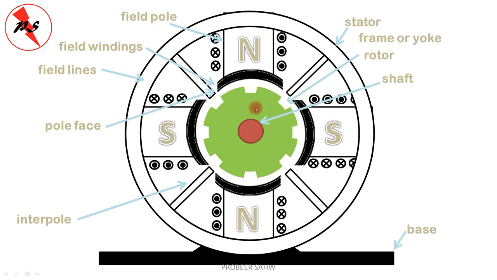Now we have to place the armature winding on the rotor. Therefore what we do is create slots on the outer periphery of the rotor. Okay, so this was the rotor. This rotor is supported by the shaft, which is a long single solid forging, cylindrical in shape, and to accommodate armature windings we create slots on the outer periphery of this rotor.